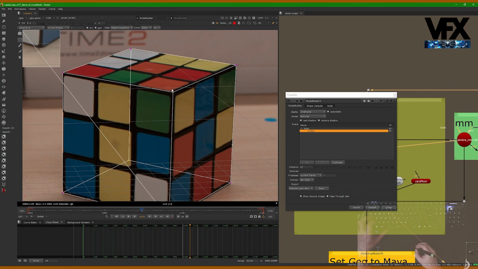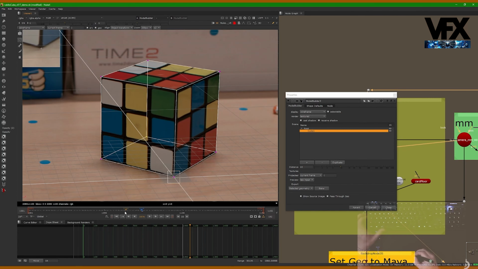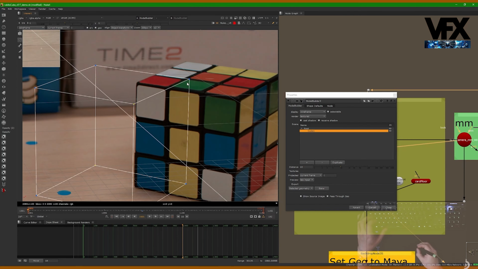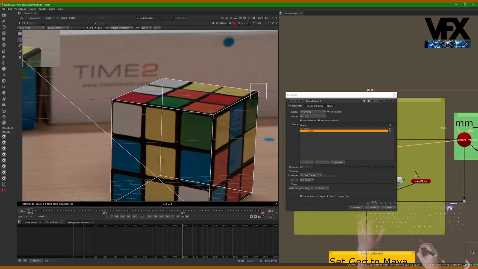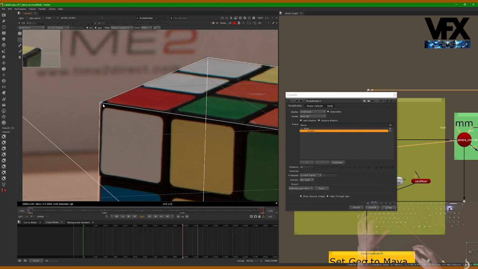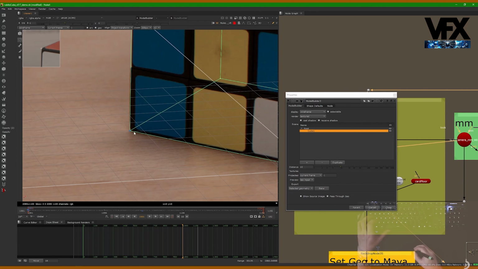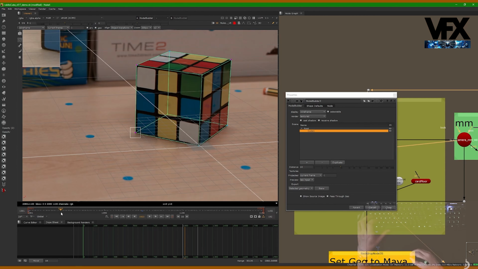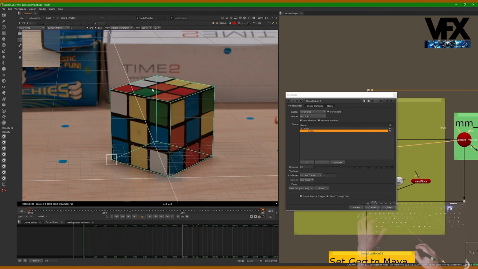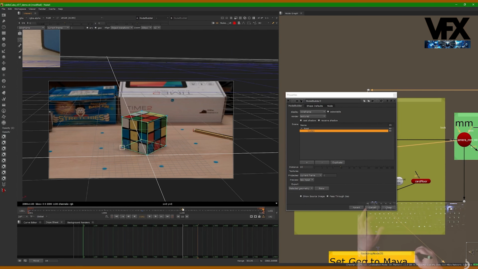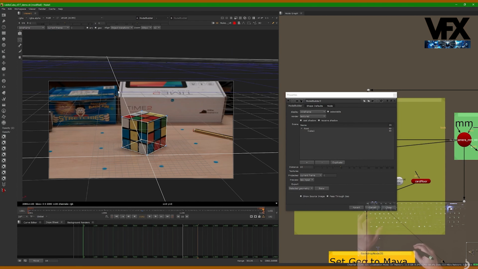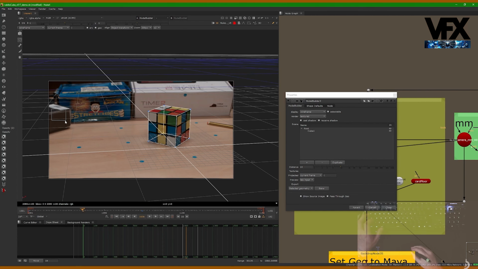Okay, so without setting any keyframe on that point, I'm going to move through the footage and line this box up a little bit better. And this is all the stuff that is covered more in depth in those other tutorials. So it would just be a case of going through the footage and lining that box up. I would do the same thing with these boxes in the background. This white box, this blue box, this little plastic box over here,